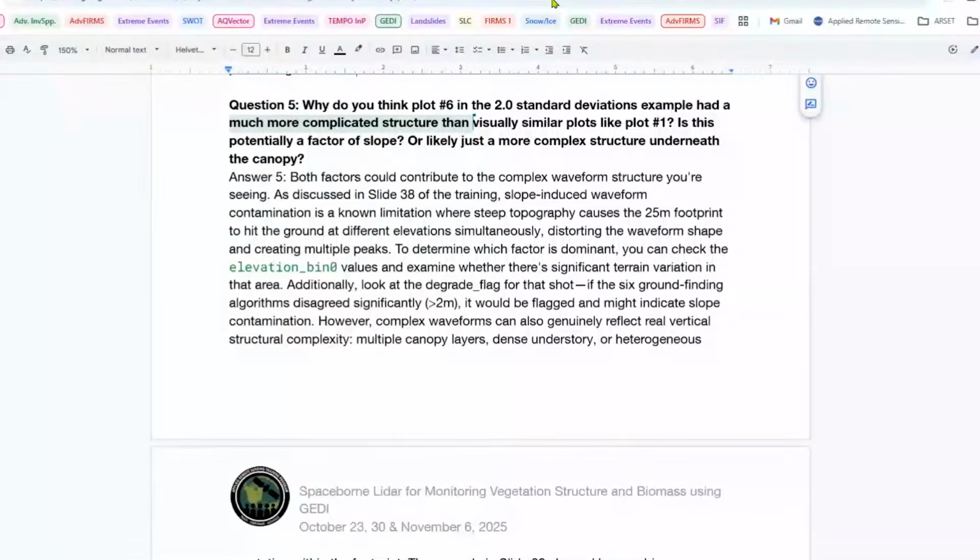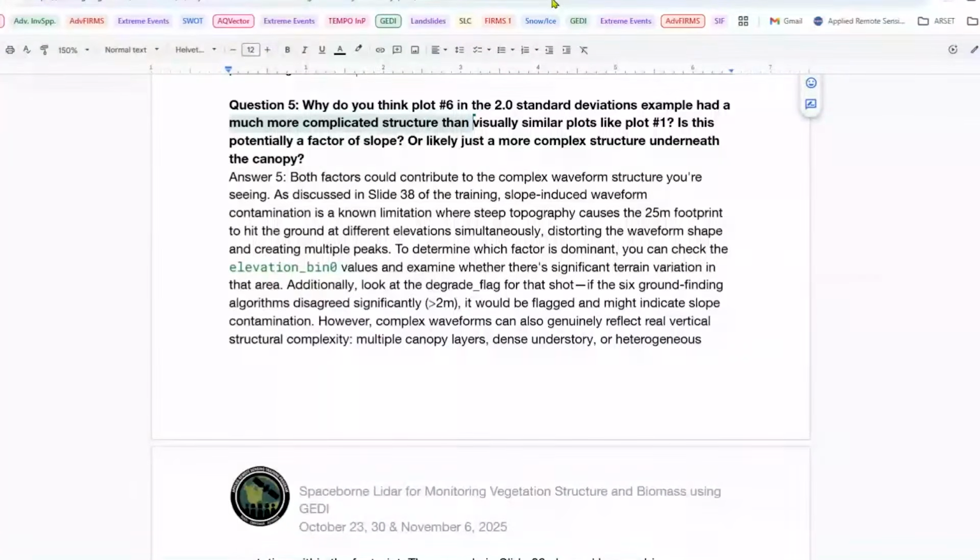And then you can also think about ways to determine which of these factors is dominant by checking the elevation bin 0 values and examining whether there's significant terrain variation within the area. And then you can also look at the degrade flag for the shot. So if the 6 ground finding algorithms disagreed significantly, so more than 2 meters, then it would be flagged and